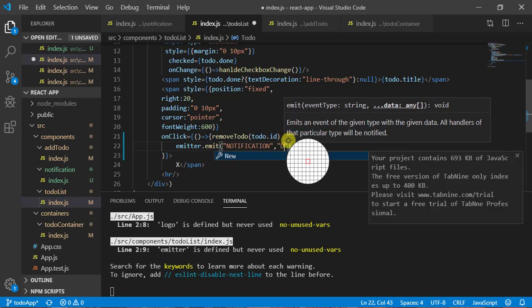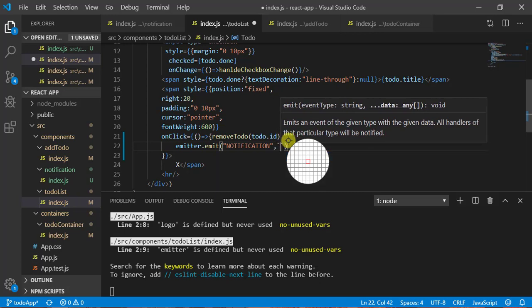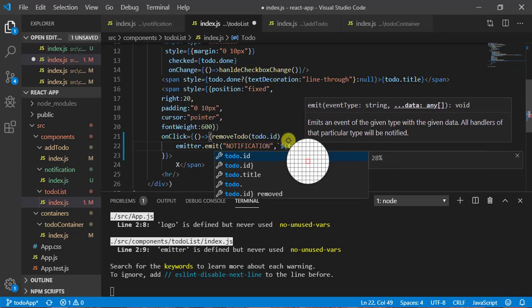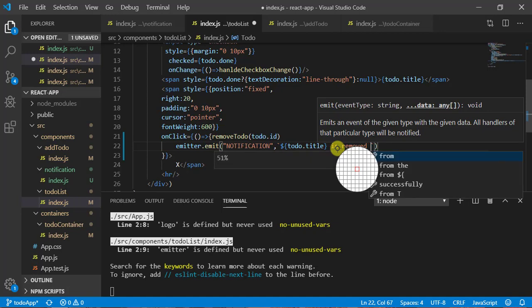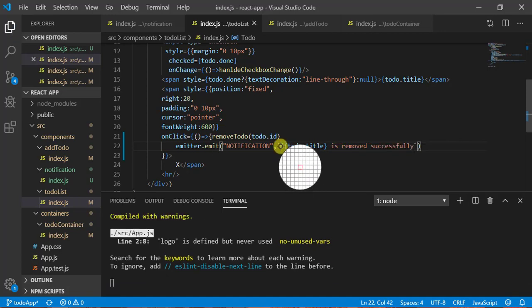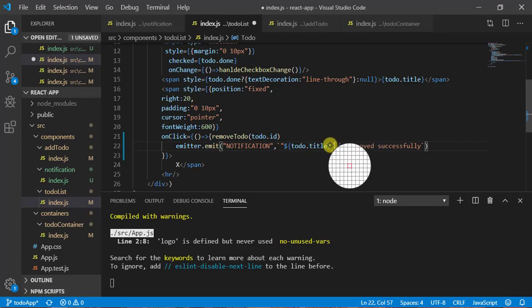Let's pass the to do name here, so to do dot title is removed successfully. Okay, here I need to give a double quote so we can make some difference.